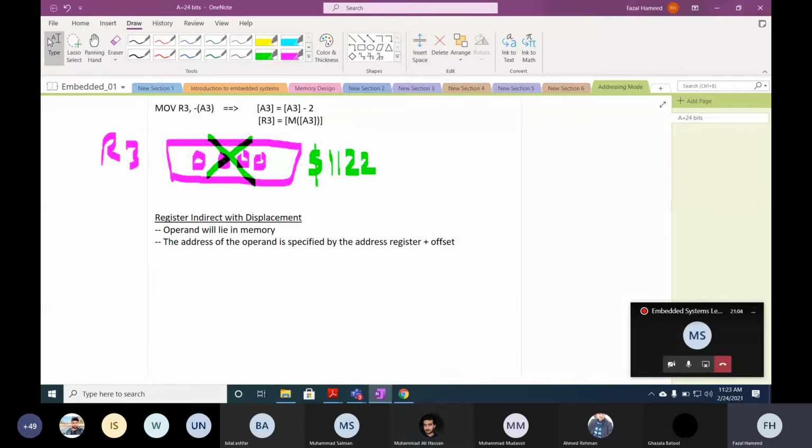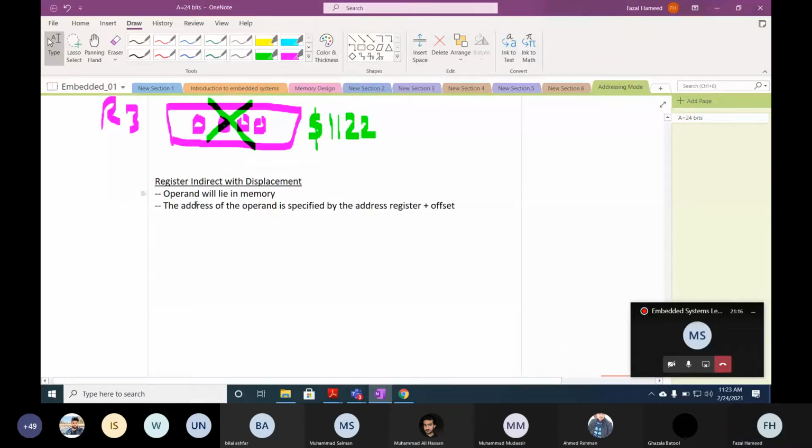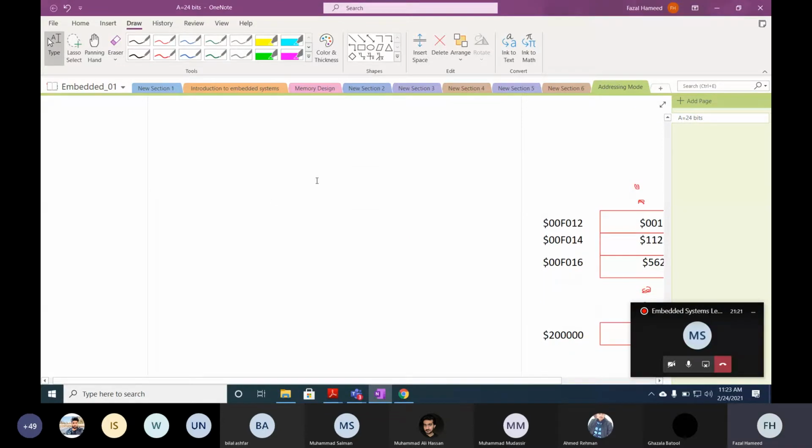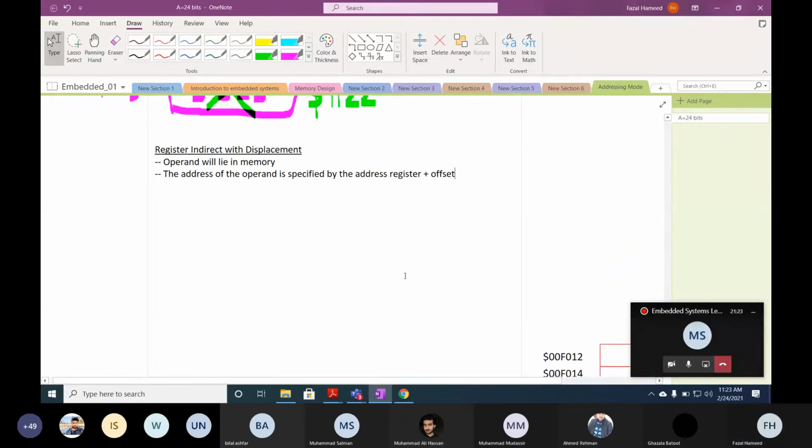Now, what is an offset? I will explain this. Now let's assume a scenario. How do we represent this register indirect with displacement? This addressing mode is represented like this: it is offset